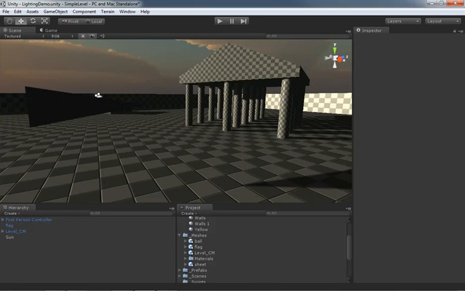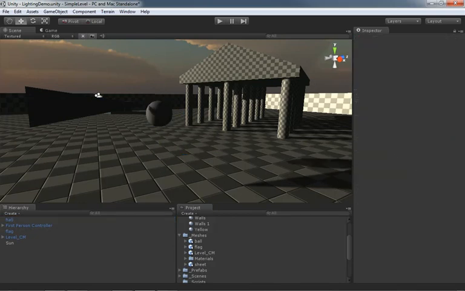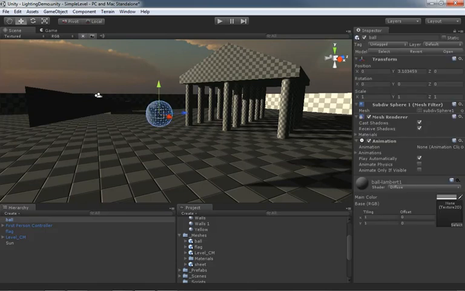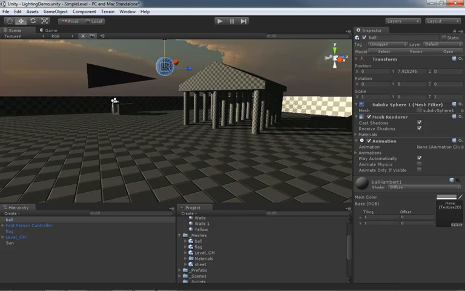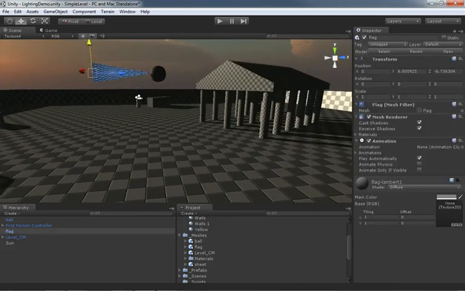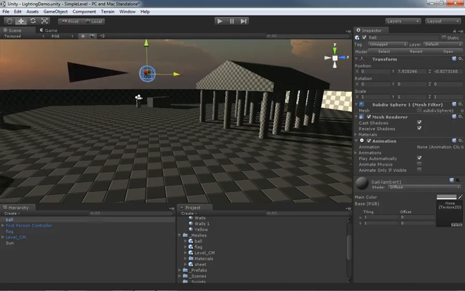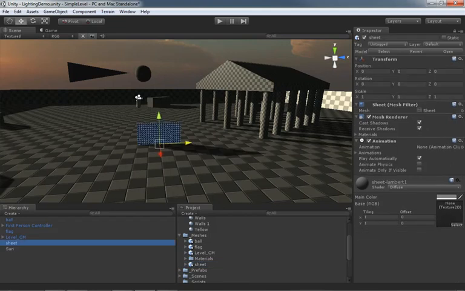And then after that, I want to do a little beach ball. There's a little example that we can do with creating a soft body. So we're going to do that, but I needed a sphere. So can you move that flag a little higher in the air so we can at least see it against the background? Right, because we have this really high contrasted light level here. Yeah, I can. There we go. Do that just so we can see him against the sky. Right. So we've got our little pennant flag, and I'll bring this up over here, and then I've got our little beach ball, and then I've got just a sheep. This is just plain, nothing fancy